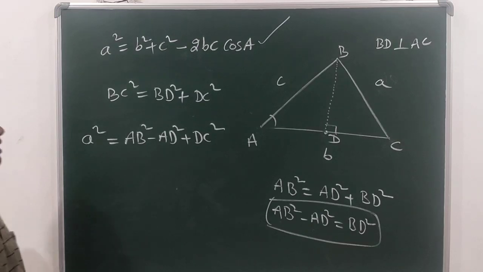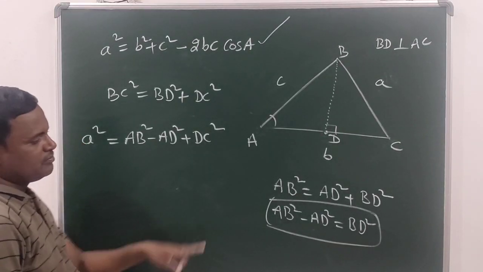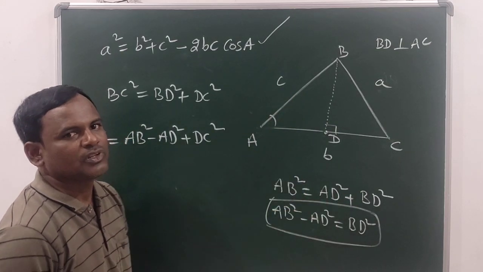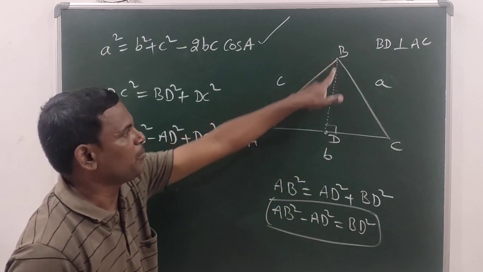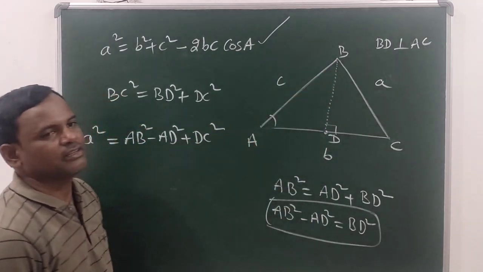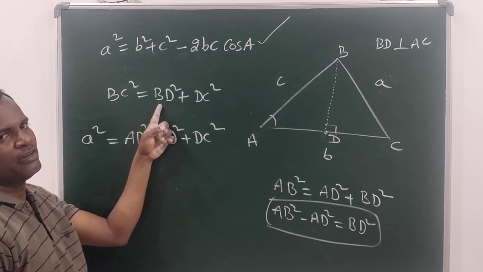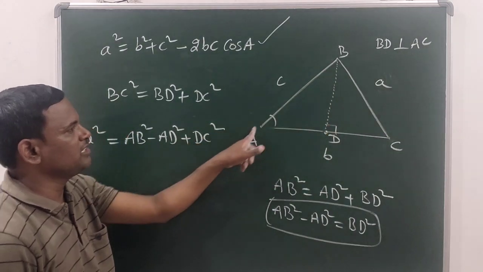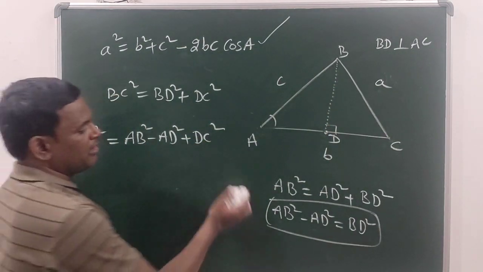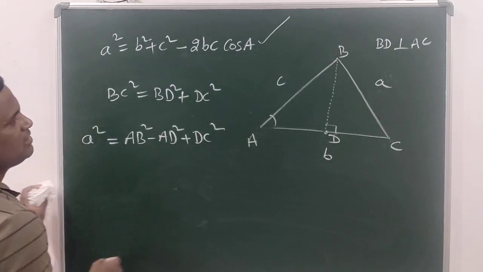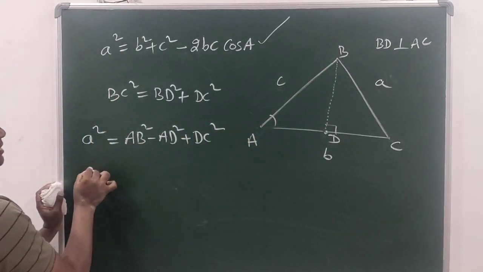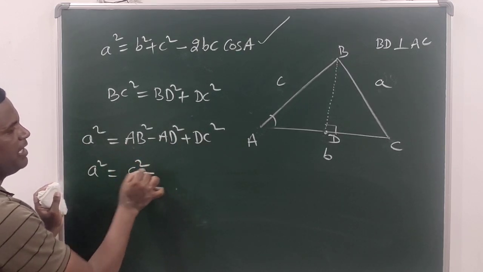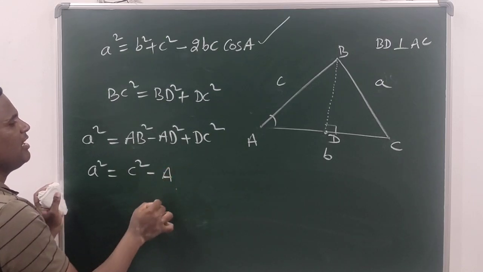Okay, students, I hope you have understood this use of the Pythagoras theorem. It is obtained by applying the Pythagoras theorem to this right angle triangle. Why? Because here I require BD square. To replace BD square by this, I considered this right angle triangle. In the next step, this AB length is small c, right? This AB is small c, so that here you will get c square minus AD square